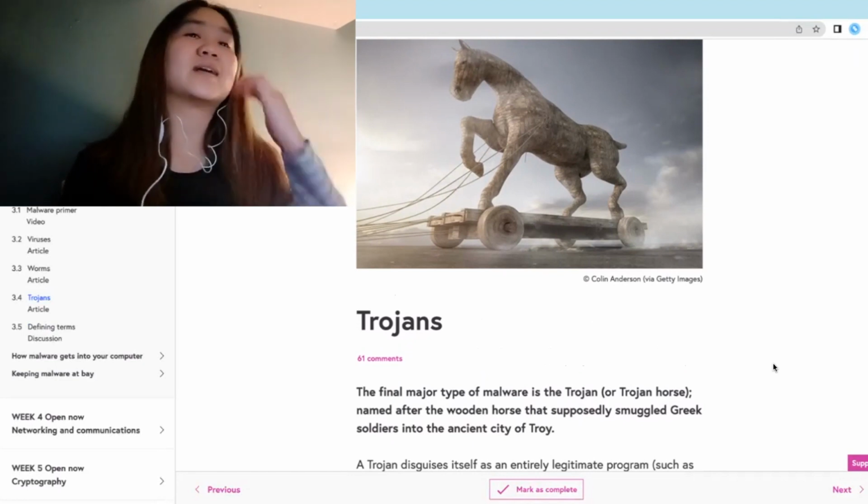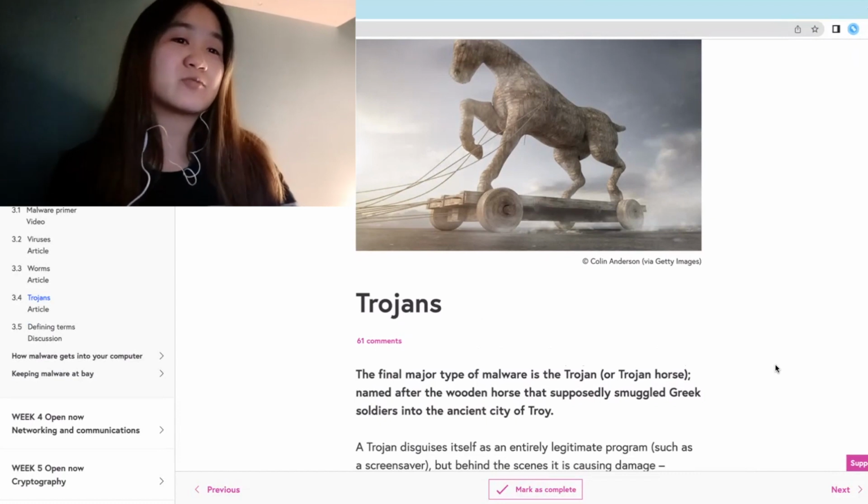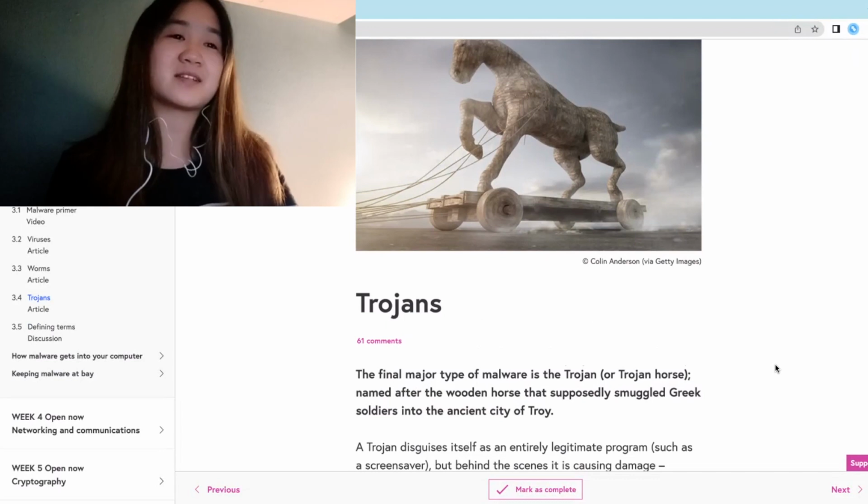Years ago, my computer was infected with a Trojan virus, in other words, the Trojan horse. I ended up having to factory reset that laptop because I couldn't afford to take it to a professional to get it sorted.